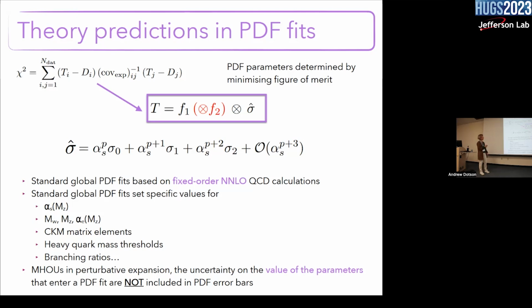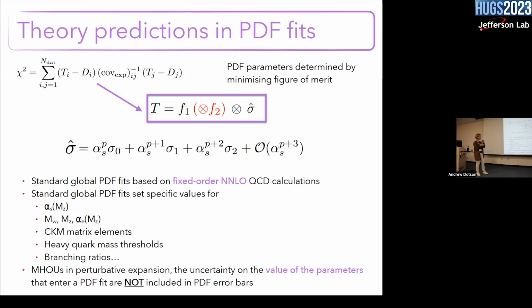And the standard global PDF fits are based on fixed order next-to-next-to-leading order QCD calculations. So typically we always take up to the second order in the expansion of alpha S. So this is very precise. There are a lot of technicalities which I decided not to tell you, because clearly it's not easy to interface the NNLO code with the PDF fit. So you have to do some tricks, some interpolation, some C-factor approximation,